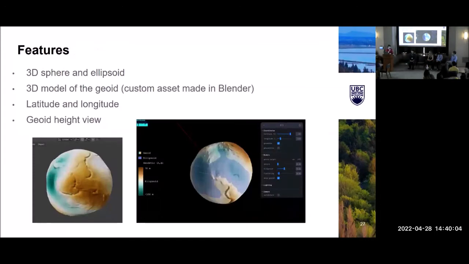The primary features of the visualization are these 3D sphere, ellipsoid, and geoid models, which can be shown or hidden to compare against one another. Since the geoid surface is an irregular surface, we used a public data set of geoid heights to create this